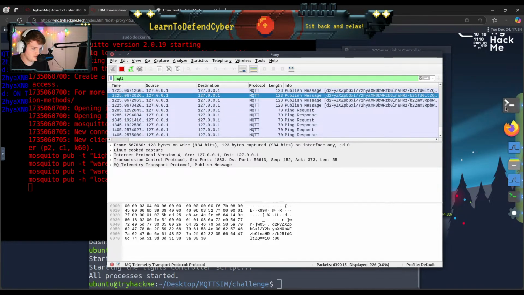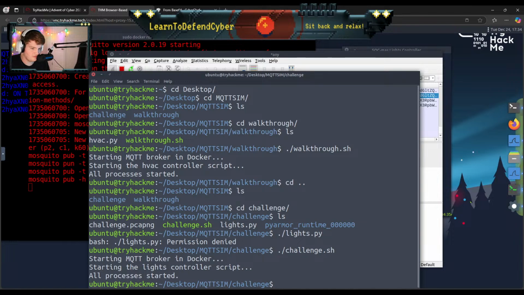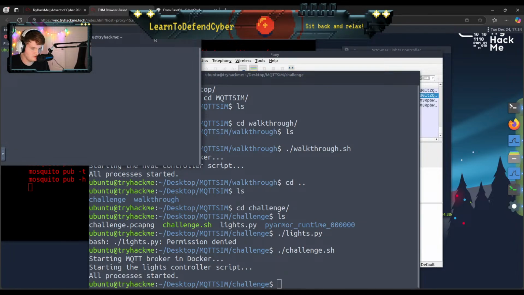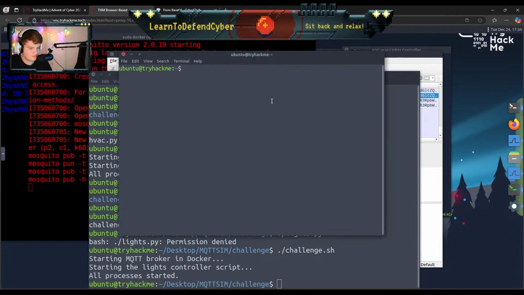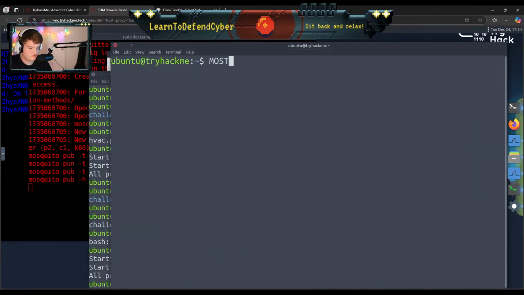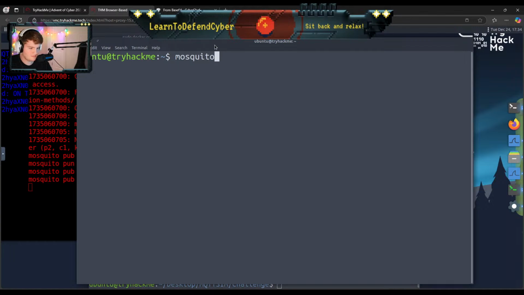So let's just try opening up a new terminal. I want a new one, please. Thank you. Because we need 50 bajillion terminals. Alright. mosquitto_pub. Oh, I got caps lock on. Pub -h localhost, because we are running on that, with the topic Wareville/Christmas lights with the message on.